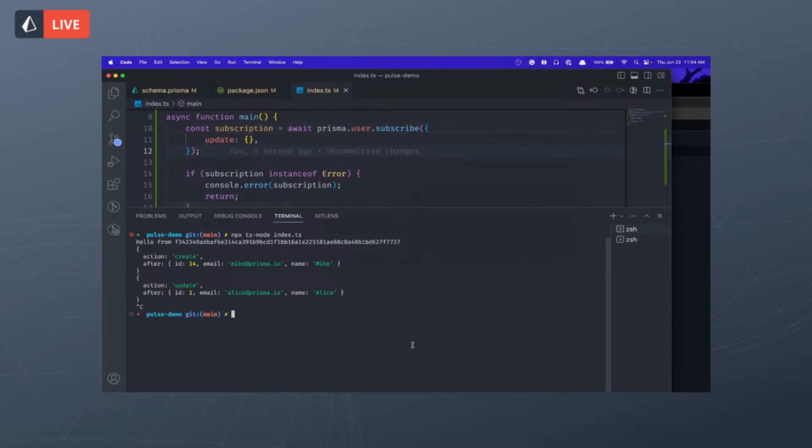So what this does is this enables you to have a different chain of event listening, and you can set up multiple different